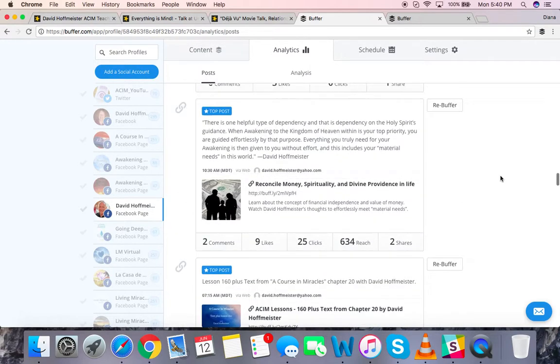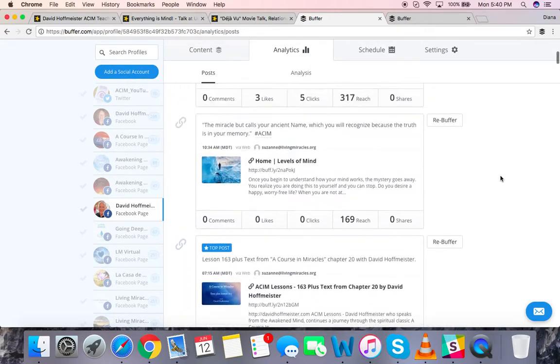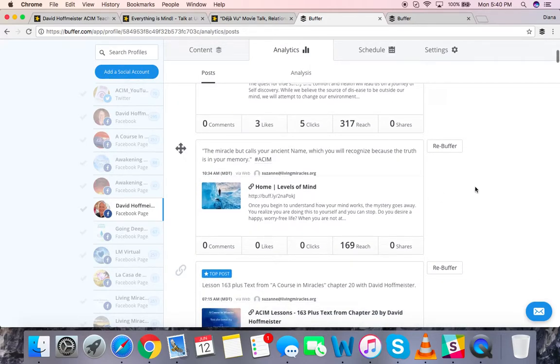I'm gonna go up to the top, and I saw this one, for instance, home levels of mind. Let's rebuffer this one. You can see that originally it was posted by Suzanne Sullivan, and so let's rebuffer this one. We're gonna press rebuffer,